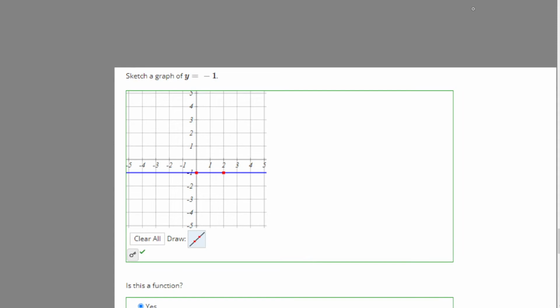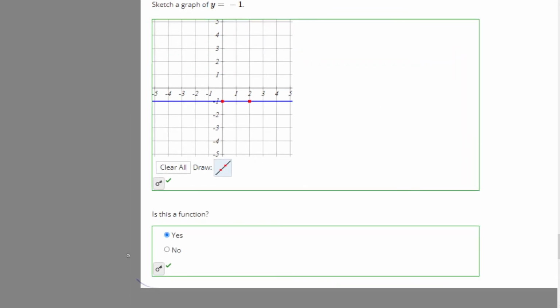And then it asks if this is a function. And this is a function because it passes the vertical line test. The slope is just going to be 0, so it doesn't increase or decrease. But that doesn't mean it's not a function. So yeah,